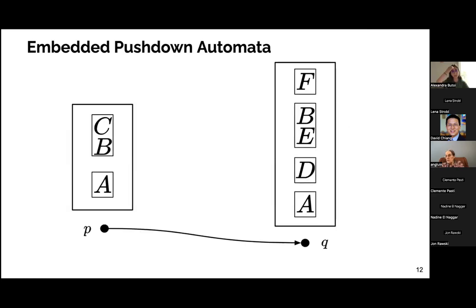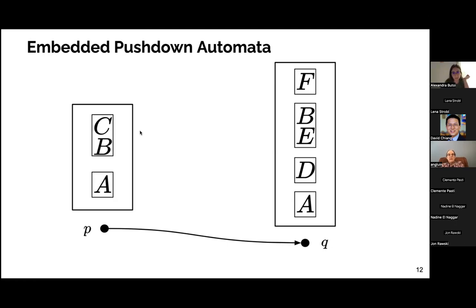And the last one is embedded pushdown automata, which is very similar to pushdown automata, except instead of a stack, you keep a stack of stacks at each step. And at each step, you can transition from one state to another, and here from P to Q, and you can,